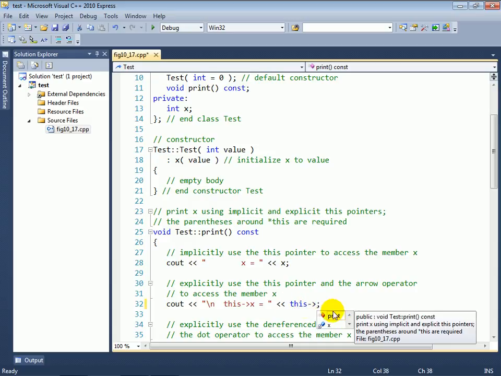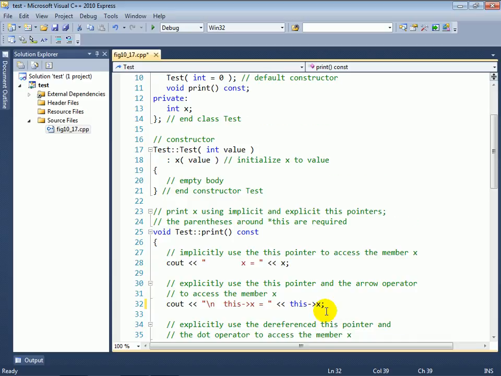Now, one of the things that's interesting about explicitly typing this and an arrow is that in most IDEs, you'll get a little window that'll pop up. In Microsoft land, this is called the IntelliSense window, and it's showing you all of the members of the class that are available to be placed on the right side of that arrow operator. So it actually can be useful when you're writing code inside of your class to do this so that you can see what class members are currently accessible and be able to specify those class members. And here, if I want to use x, I can just double click it and it will insert that member